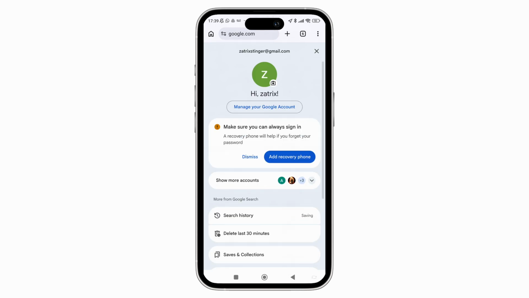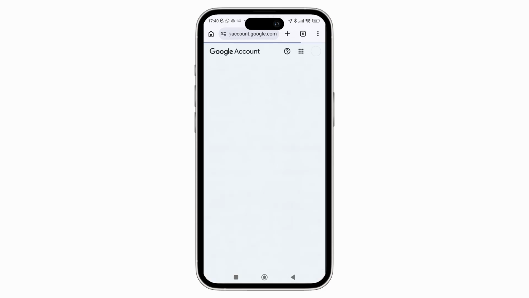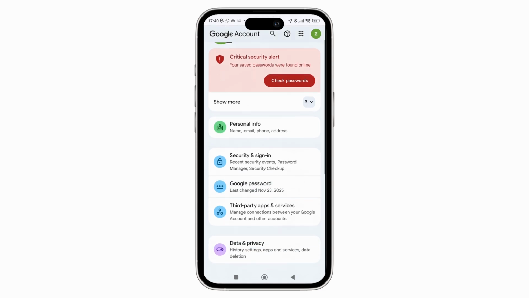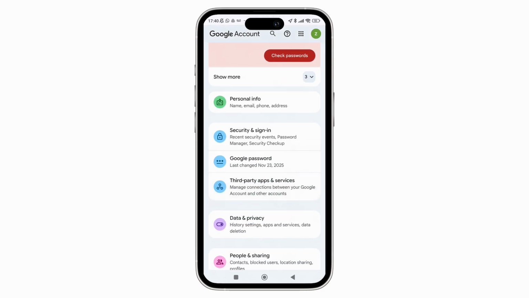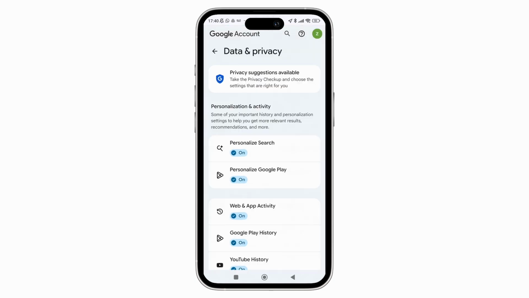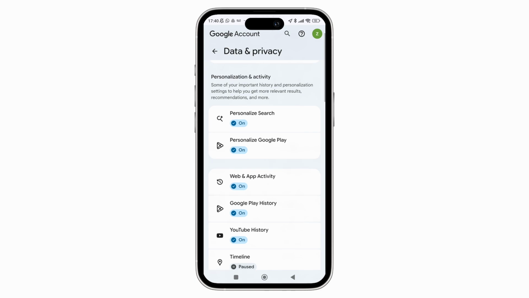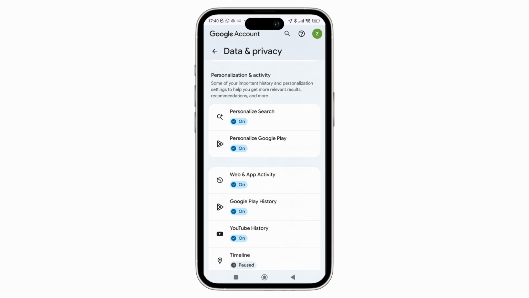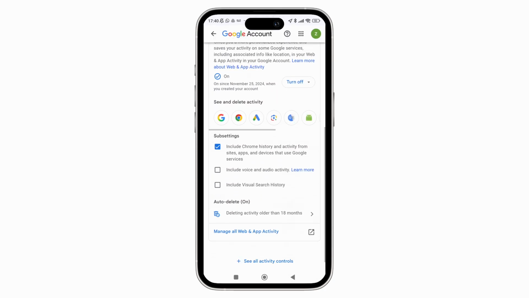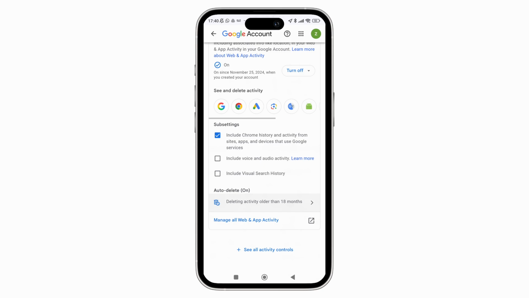From this section, simply tap on manage your Google account. Now here on the next page, scroll down and tap on data and privacy. Once you are inside this section, scroll down and tap on web and app activity. After that, scroll down and tap on manage all web